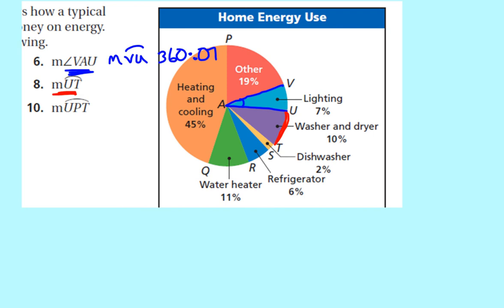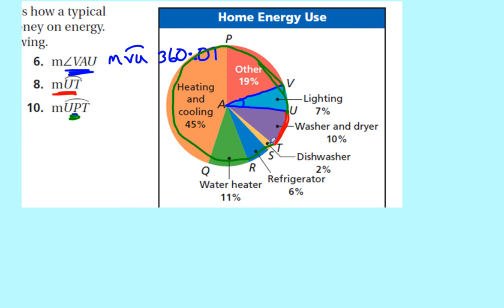There's also another way to get from U to T, which is to go the long way, which is why they signify a different color with P. All this tells us is that instead of going directly from U to T, we're taking the long way around. So when you're writing arcs, generally speaking, if they give you 2 letters, it's the short distance, look for your minor arc. If they give you 3 letters, there's a good chance it's telling you that you actually want the